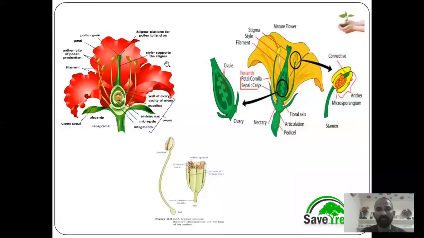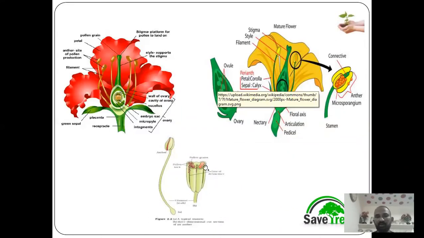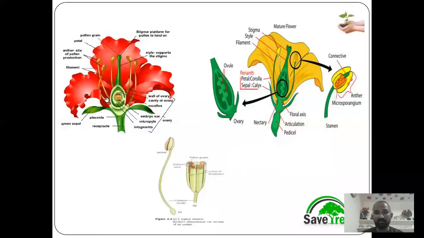Okay, so the flower consists of four important parts, which are called essential organs and non-essential organs. We already know that the essential organs of the flower are androecium and gynoecium. These two parts are very important for sexual reproduction. If you see the female reproductive part, it is called